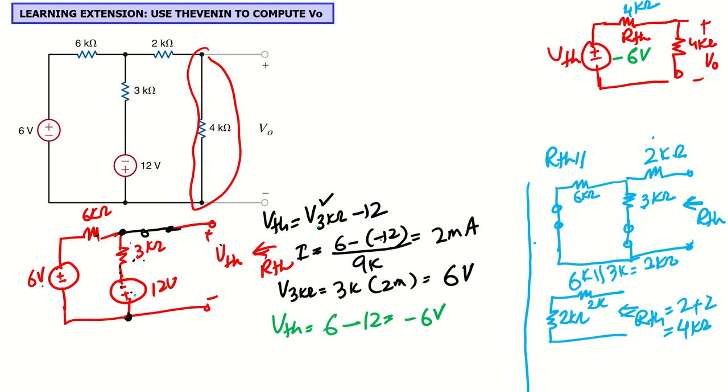So we can get the voltage drop across this one using this approach, or we can simply apply the voltage divider here also. That will also give me the same value. The voltage divider is this resistor divided by the total resistance of the series network, so 3 plus 6, multiplied by the supply voltage. What is the voltage here? We have 6 and minus 12, so 6 minus 12. This will give me directly the same value of 6 volt here. So we can apply either technique to get the voltage drop across 3 kilo ohm, or we can even write the KVL here to find the current, this one.